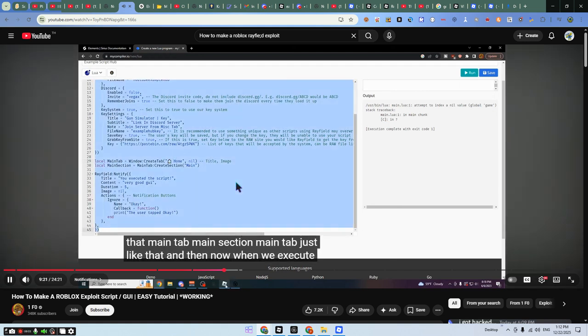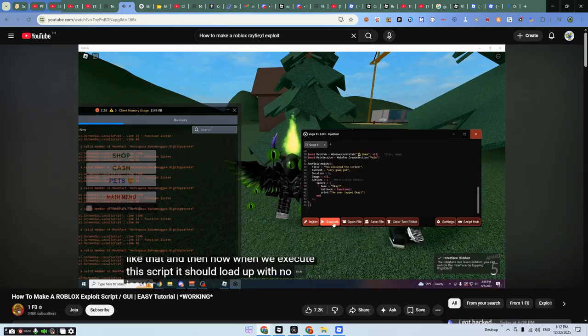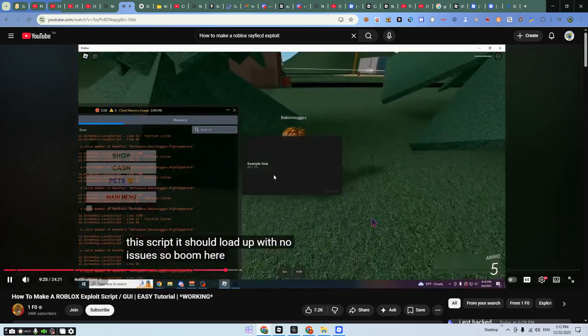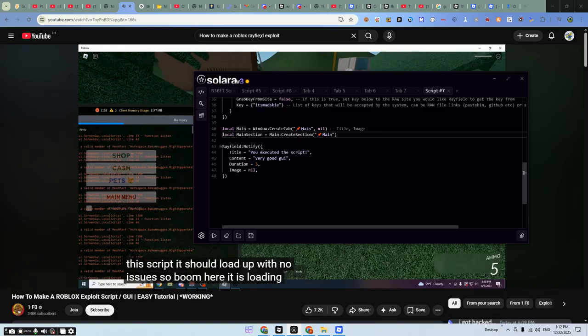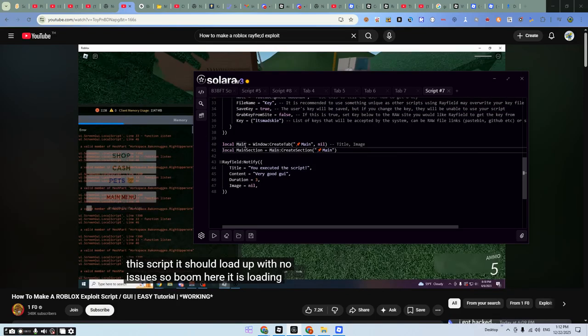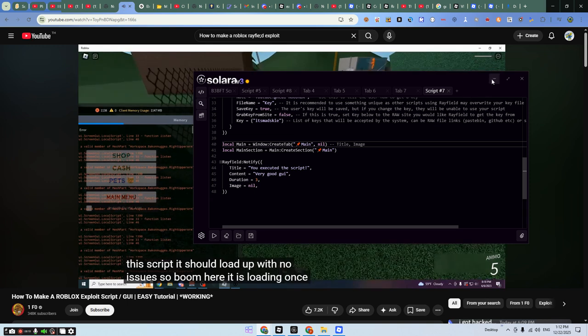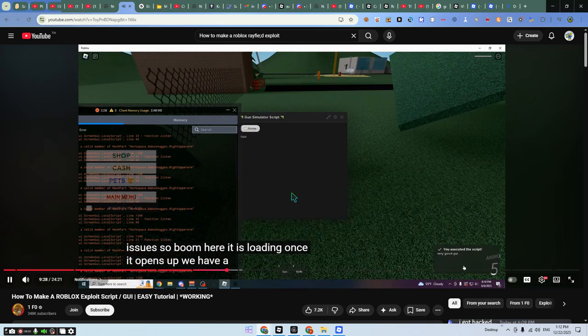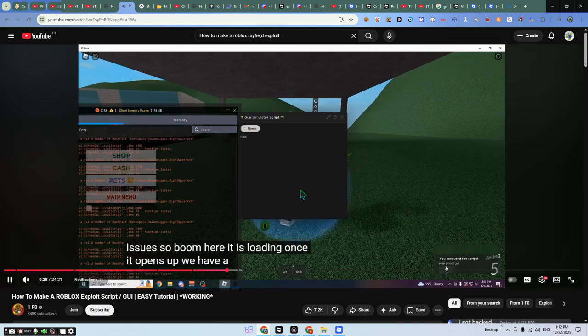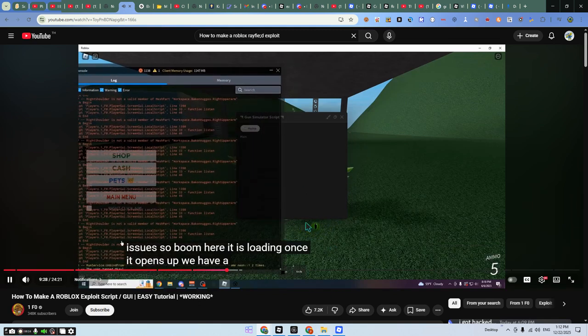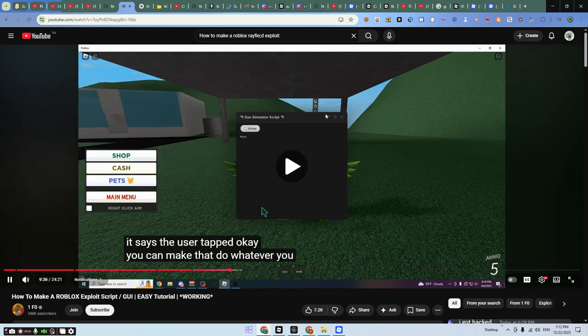And now when we execute this script, it should load up with no issues. So boom, here it is loading. Once it opens up, we have a little main thing here, and there's our little notification. Click OK, and as you can see right here, it says the user tapped OK. You can make that do whatever you want to. It could say like,